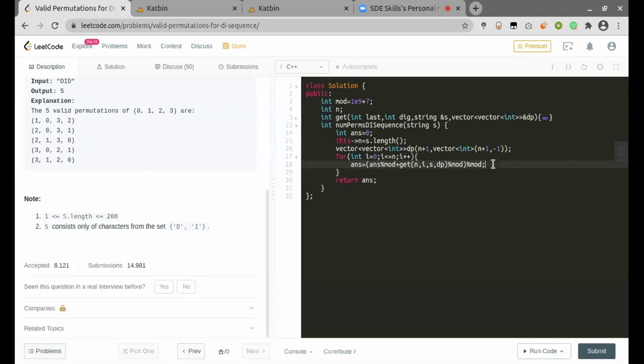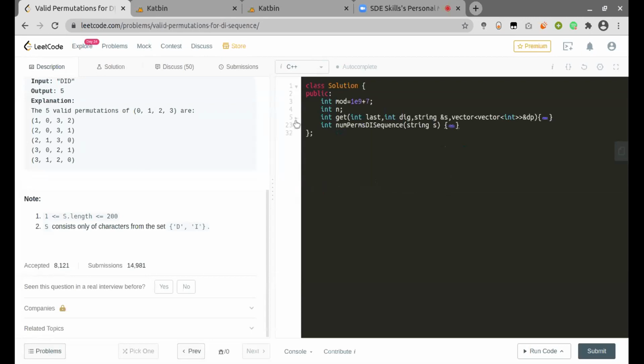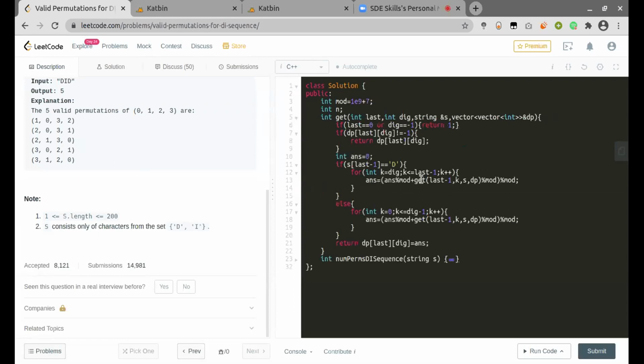Now if I go through the get function, let's see the DI rule sequence first. If it is a decreasing one, this means I need all the values which are greater than the particular number, which is the digit.